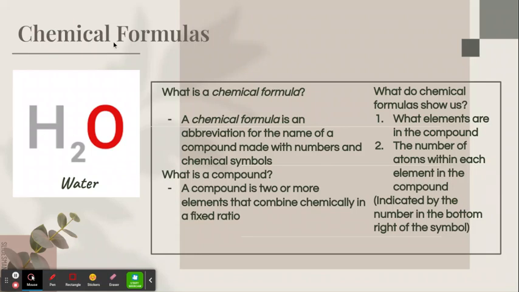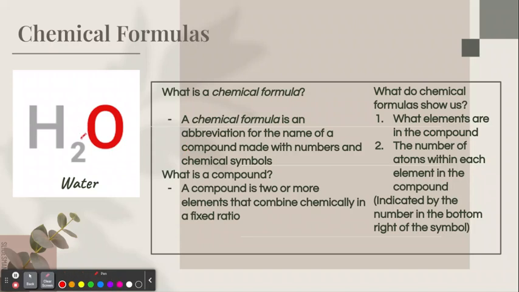Chemical formulas. What is a chemical formula? A chemical formula is an abbreviation for the name of the compound made with the numbers and chemical symbols. What do chemical formulas show us? Well, they show us what elements are in a compound, and they also show the number of atoms within each element in the compound, and this is indicated by the number in the bottom right next to the